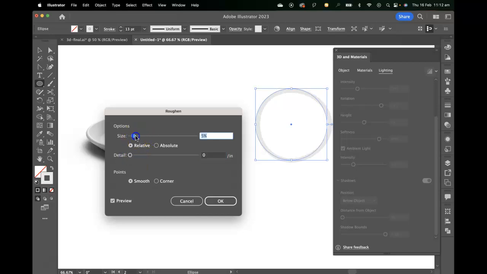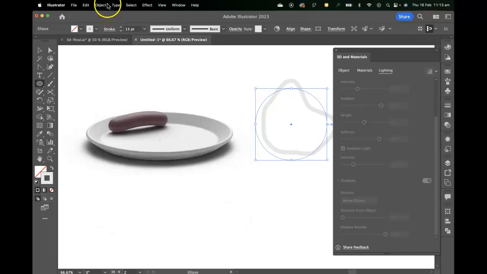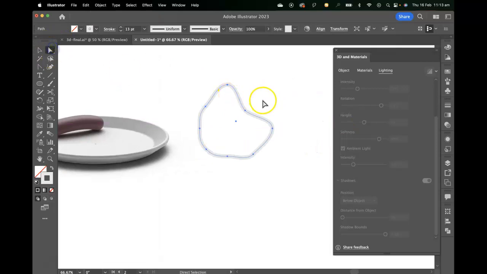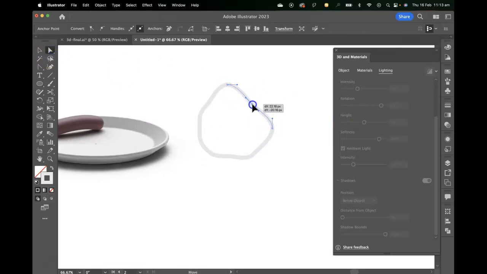Oops, not detailed at all. That's not looking very egg-like. That's a bit better. Something like that's okay, and I might expand it and just make a couple of alterations. That could be an egg,